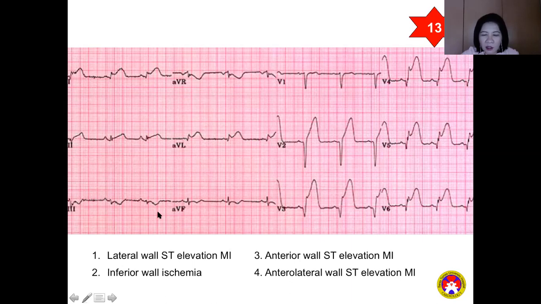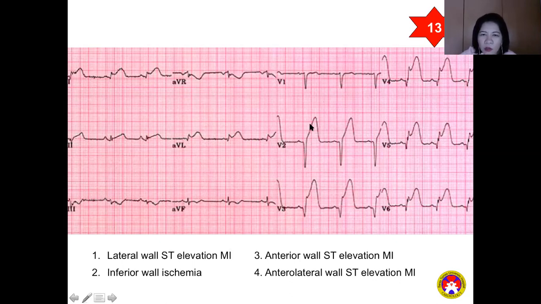So you have a lateral wall ischemia, inferior wall ischemia here. Now, V1 is normal, but look at V2. The ST is very high. This is a QS pattern. This is the Q and the S merge. There's no R anymore. So this is a very deep QS pattern, meaning you have an old